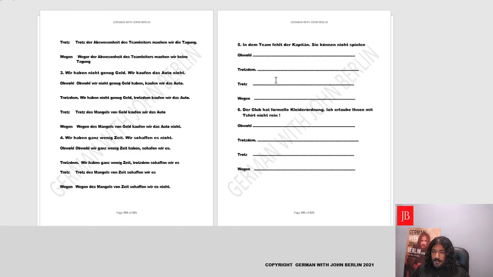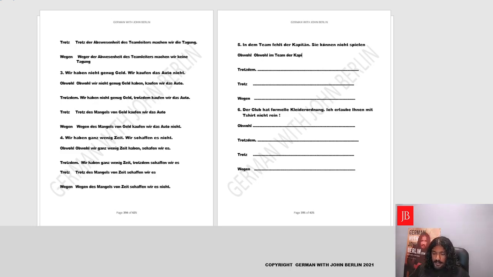Okay, moving forward. In the team, Mrs. the captain, you cannot play. Yes. So basically we'll write, this is a sentence, we'll contradict the reason. Although the captain is missing, you all can play. Yes. So obwohl in dem Team or im Team, yes, sparen wir an bisschen Platz. Obwohl im Team der Kapitän,